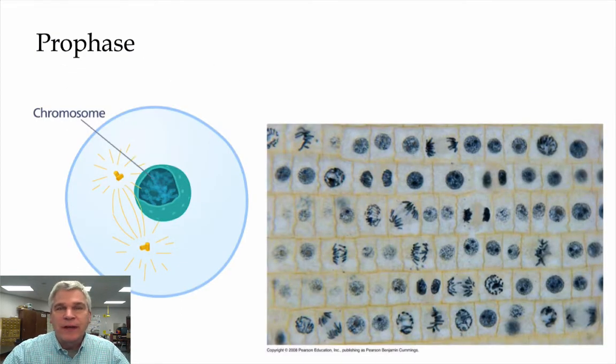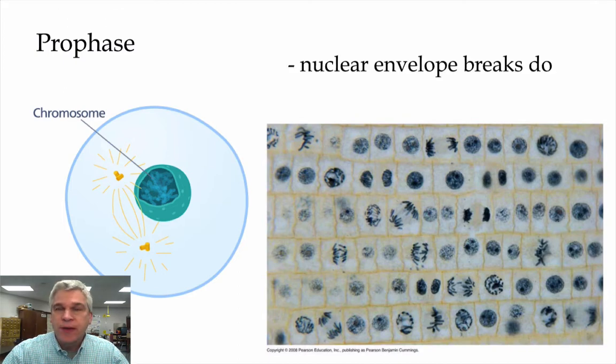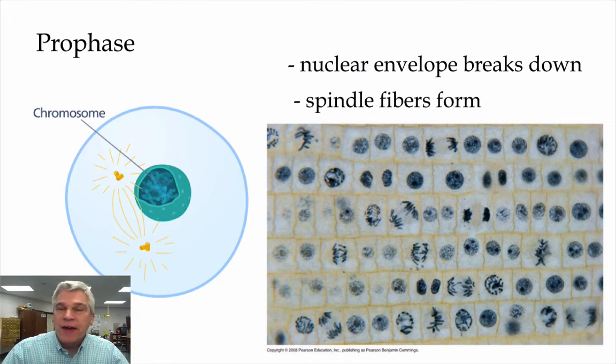What's happening during mitosis? Well, starting off in prophase, the nucleus actually breaks down. So that envelope disappears, and the spindle fibers are going to form. If we're talking about animals, these are going to come from the centrioles. Plants do not have any centrioles. This particular cell, this is an onion root tip, is undergoing prophase. So you can see the chromosomes, they have been stained. They're in no particular order. There's no nice definition from the nucleus compared to the rest of the cell because the nuclear envelope has been